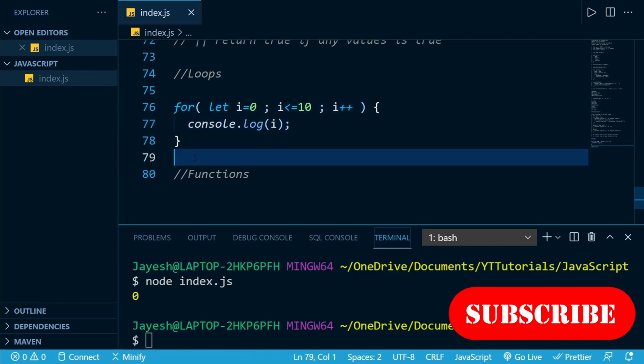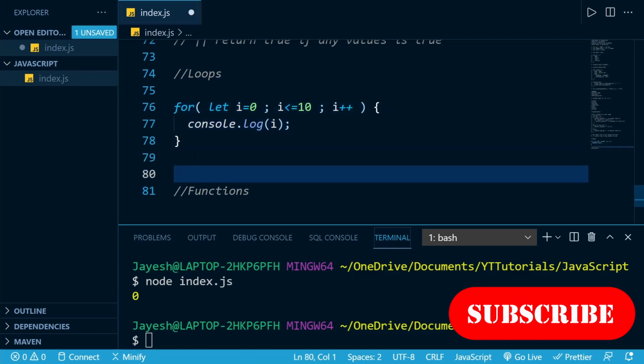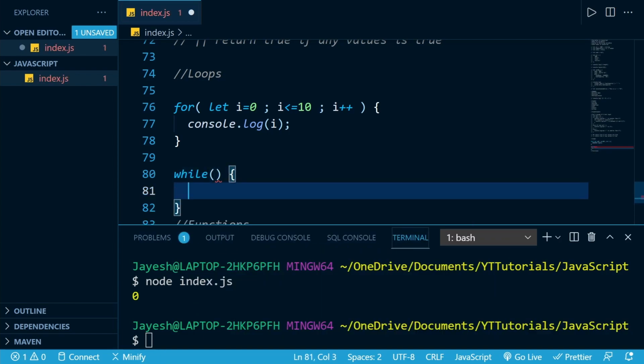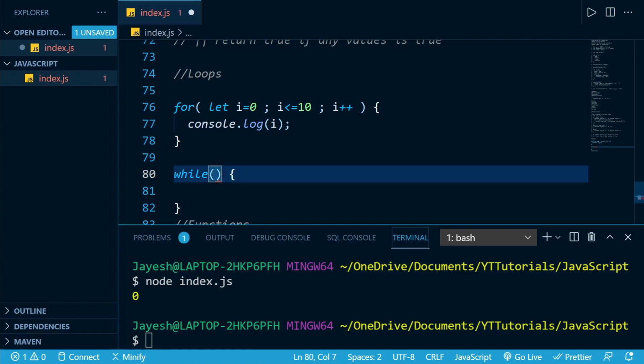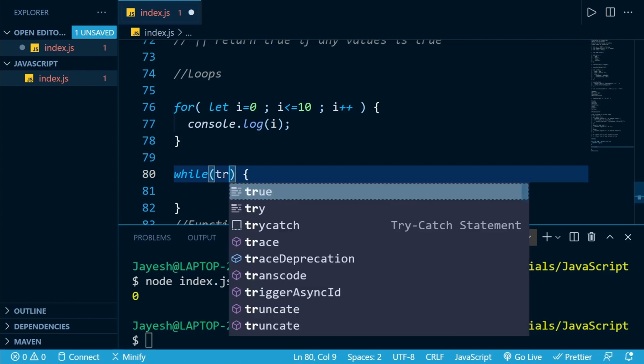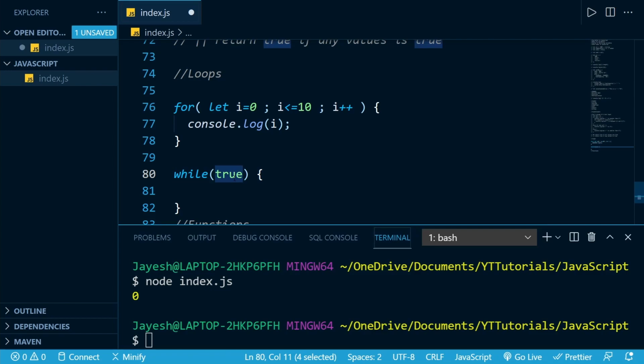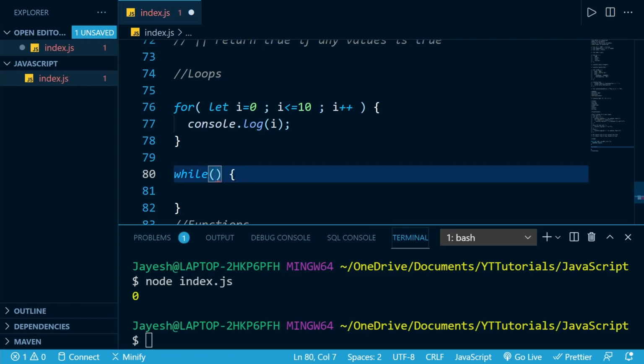Now after we understand this, there's another very famous loop, that is the while loop. What a while loop does is it takes in a condition. So while the condition inside of here is true, it will keep executing that statement. So it's very important that you do not directly pass a true boolean value, because it will go into an infinite loop, it will never stop, and your program will crash. So never directly pass in true.